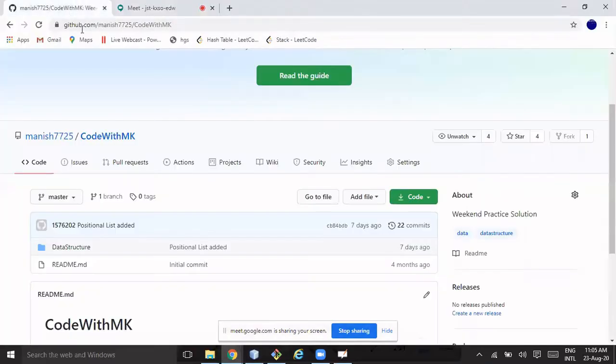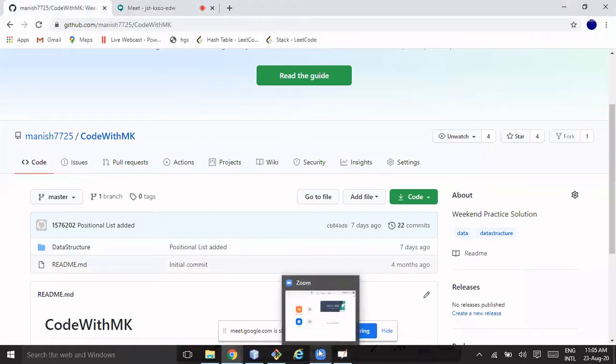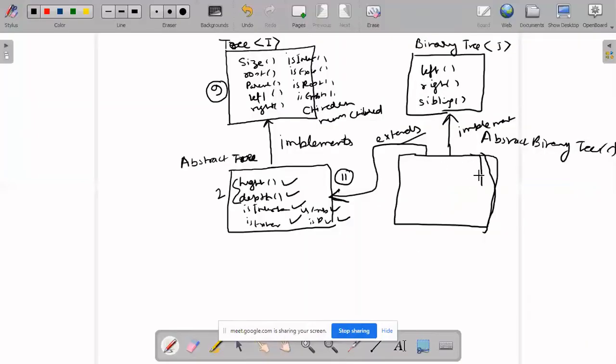So here I am implementing three methods. Children is implemented, num children is implemented, and sibling is implemented. So where is sibling coming from?